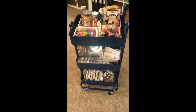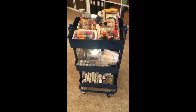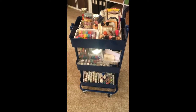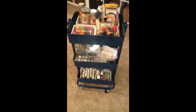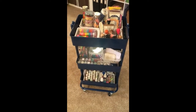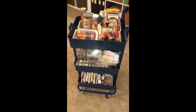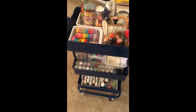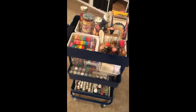I blame this completely on Victoria Marie because she showed on her Facebook group, like last weekend I think, this Michaels cart that she bought. She's using it for a to-be-read or TBR cart for her books, but I have been thinking about getting one of these but haven't been totally sold. And then I saw this gorgeous blue color and I was sold because I'm in a scrapbook room right now,